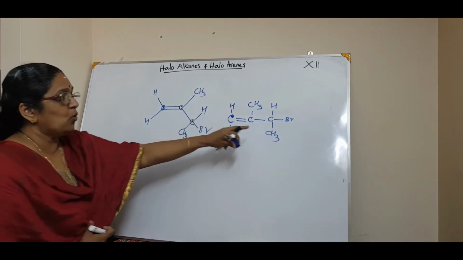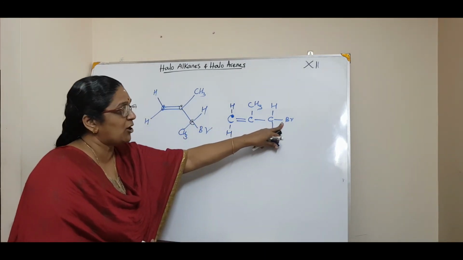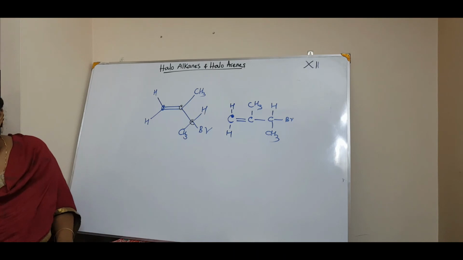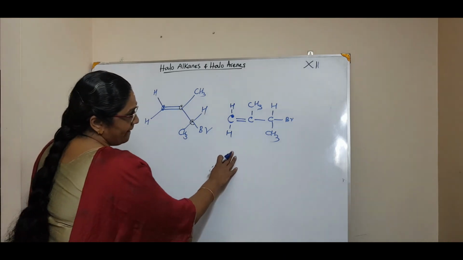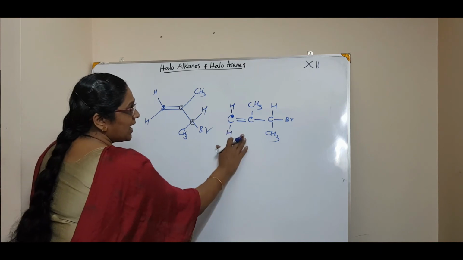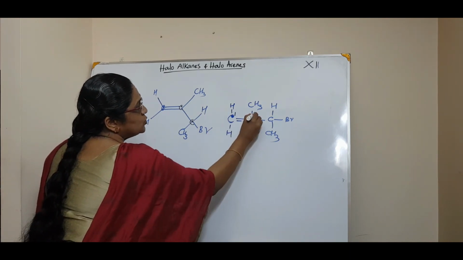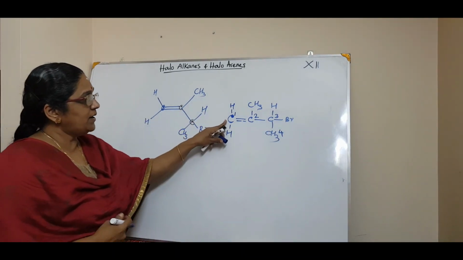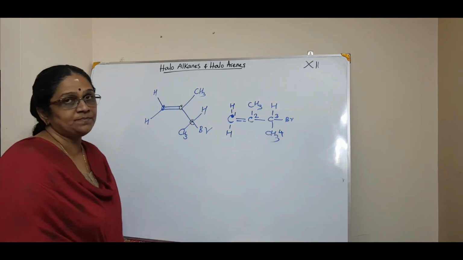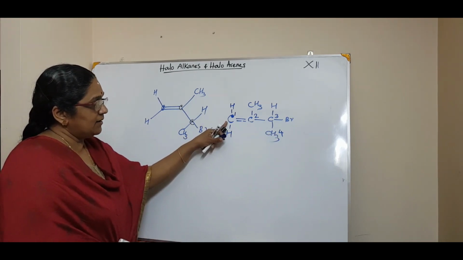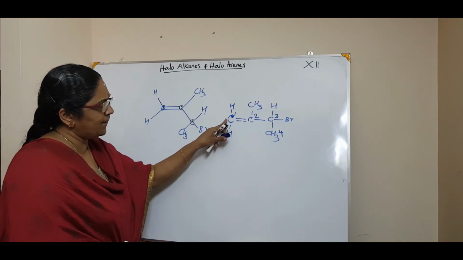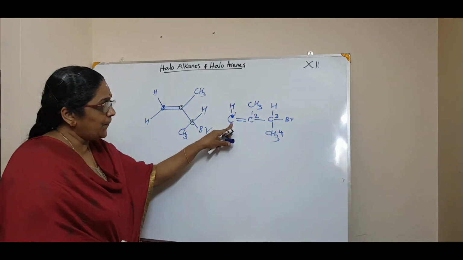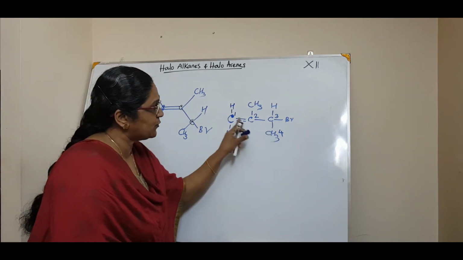Now you know who is getting the priority. Is it bromine or alkene? That is double bond, isn't it? It is double bond. But listen, if I say 1, 2, 3 and 4, here this carbon atom has got the least number. Now this is 2, this is 3, this is 4. This is the longest chain.